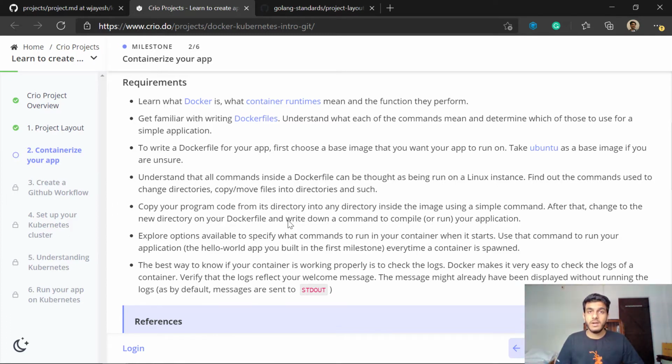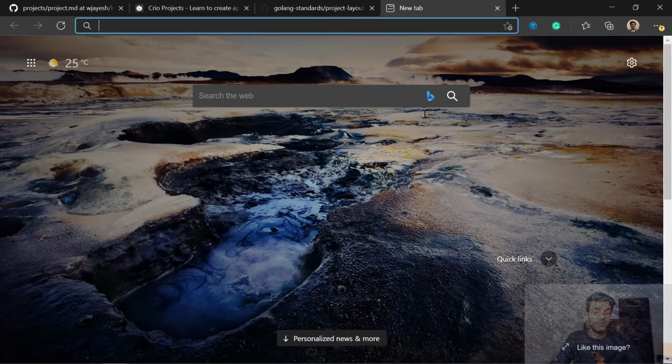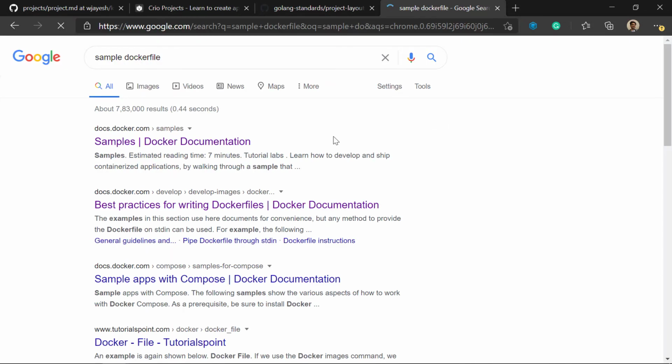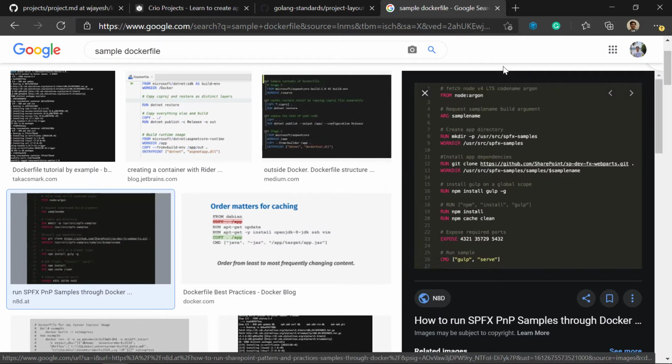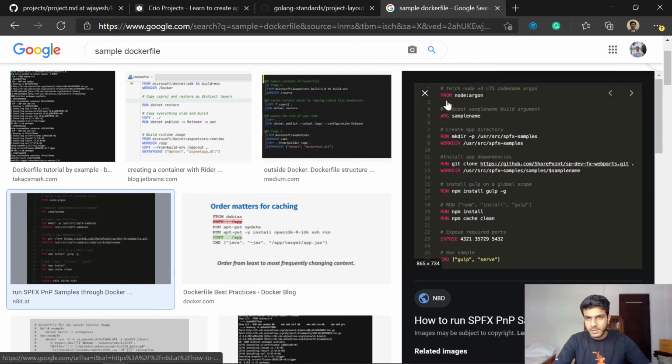So how is this image defined? This image is defined using Dockerfiles. If you want to learn more about Dockerfiles, I do have the documentation here, but I can just search for sample Dockerfiles. Maybe I just go to the images tab and select this one. I just wanted to look at what a Dockerfile looks like and what the different commands are. You'll see there are some commands in all caps here. And then there are some other commands which you're a little bit familiar with, like git clone, npm install, and things like CMD, gulp serve. All of these look somewhat familiar, but they all follow a very basic syntax.